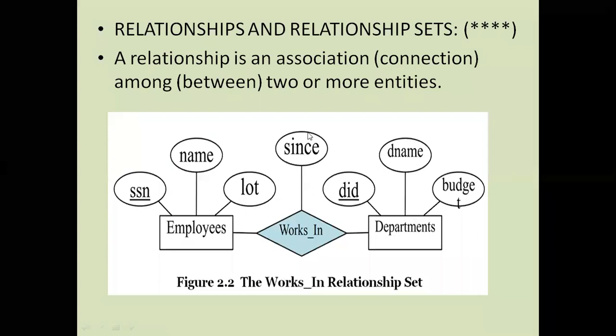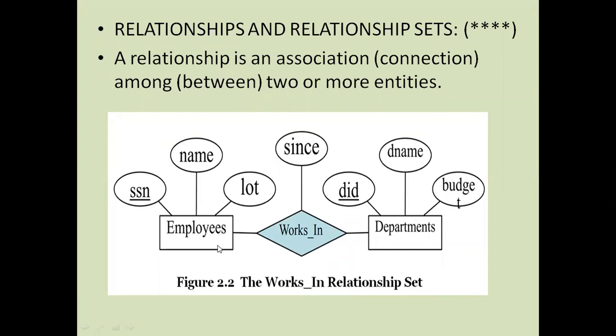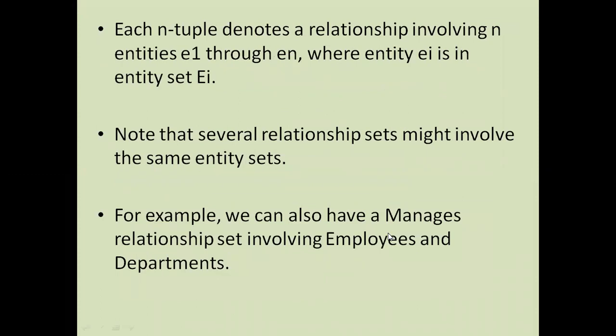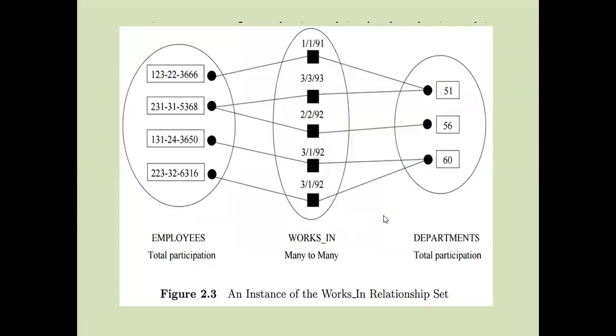All these are the important things when we are representing the ER diagram. We should represent it like this. Here this is a key attribute, and this is the relationship, and the relationship also has an attribute. Which type of attribute is it? It is a descriptive attribute, because it records the information about the employees and departments relationship. Here the relationship is works in. That means a particular employee works in that particular department from which year to which year. Here we considered the binary relationship, reports-to relationship, and ternary relationship, which we already discussed in the last class.